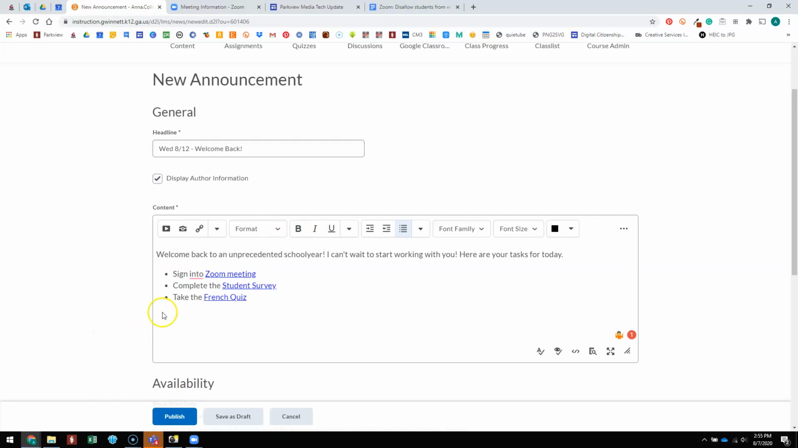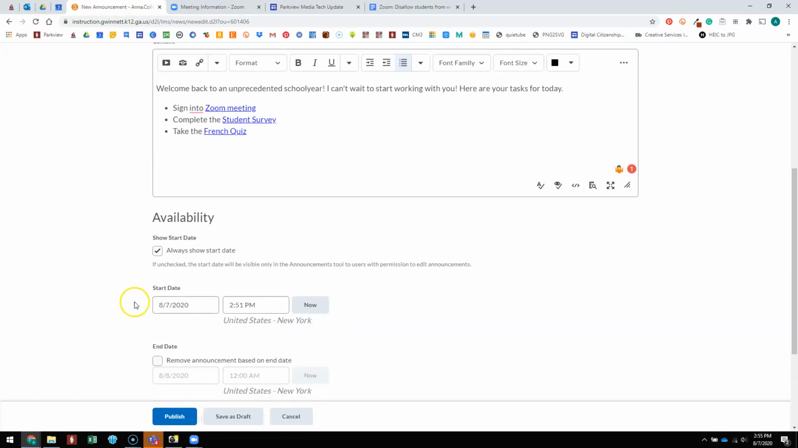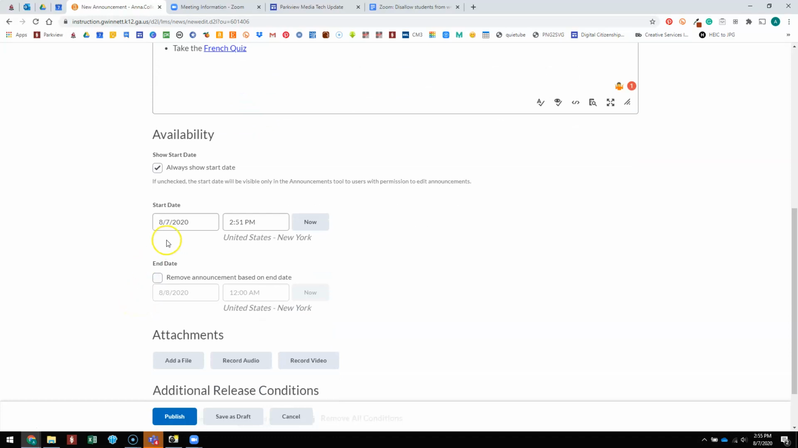And so I've finished writing my announcement. I also want to show you down at the bottom here, availability. This is important. So first you have start date. That's the first date students are going to see this announcement. So because it doesn't have to be right now, immediate, you can go ahead and preload your announcements for a week or 2 weeks or a month, however long you want,